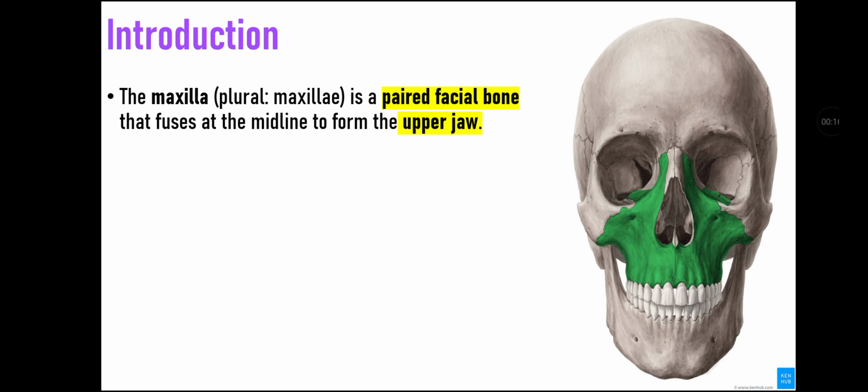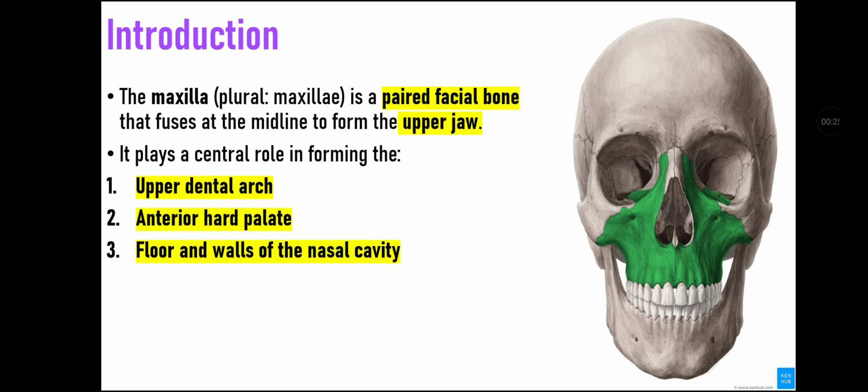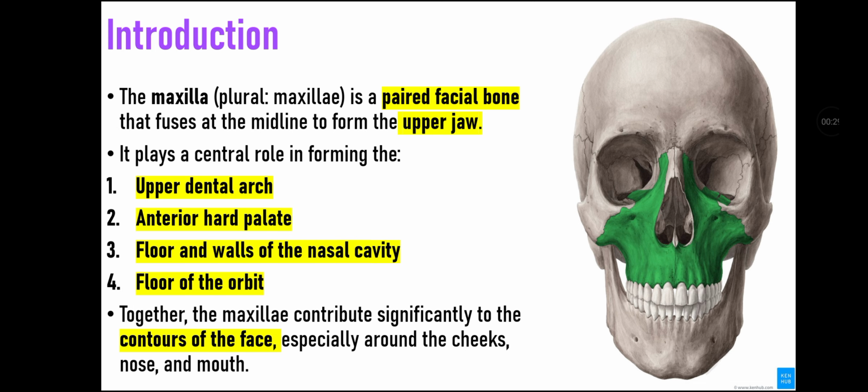Maxilla is a paired facial bone that fuses at the midline to form the upper jaw. It plays a central role in forming the upper dental arch, anterior hard palate, floor and walls of nasal cavity, and floor of orbit. Together, the maxilla contributes significantly to the contours of the face, especially around the cheeks, nose, and